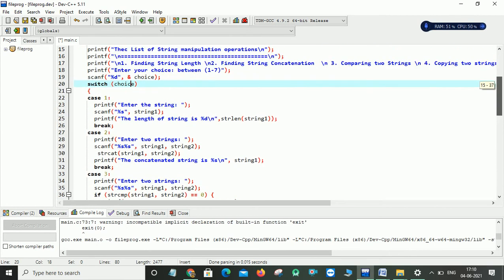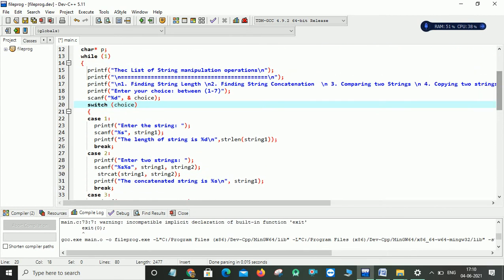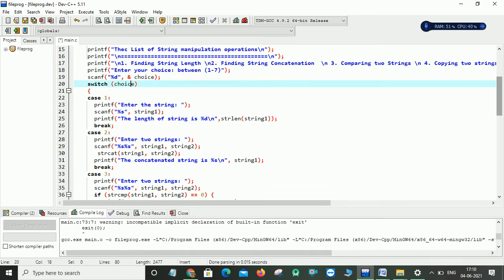In case 1, I'm trying to implement the operation of finding string length. For that we can simply use the strlen function, which is available in the string handling functions and is used to find the length of a string. Here I am asking the user to enter a string because I need to find its length.